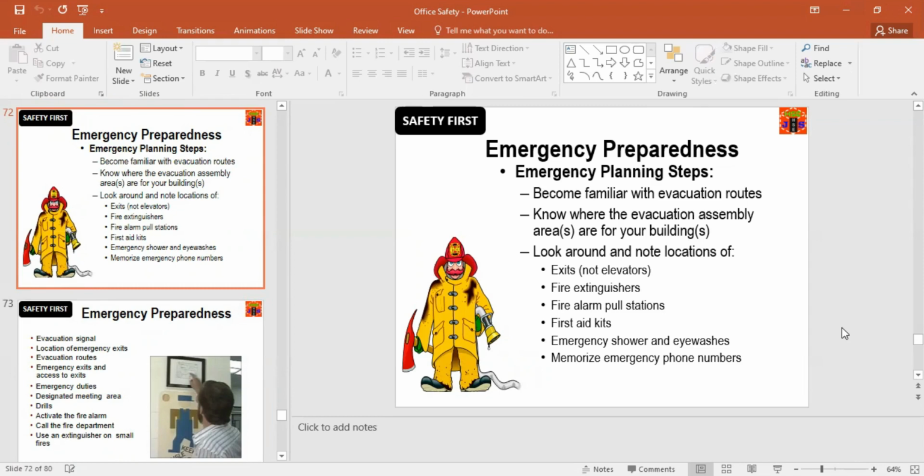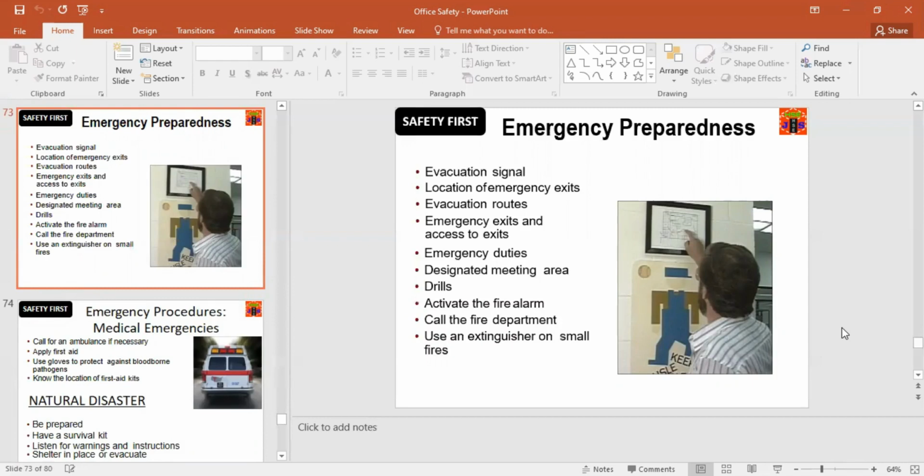Become familiar with evacuation routes. Know where the evacuation assembly areas are for your buildings. Look around and note locations of exits, not elevators, fire extinguishers, fire alarm pull stations, first aid kits, emergency showers and eye washes. Memorize emergency phone numbers, evacuation signal, location of emergency exits, evacuation routes, emergency exits and access to